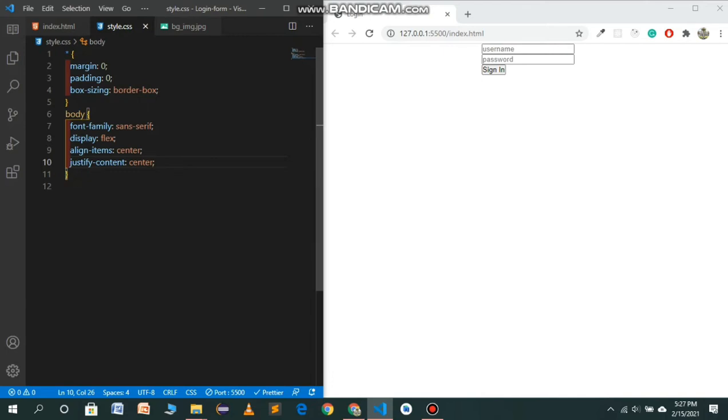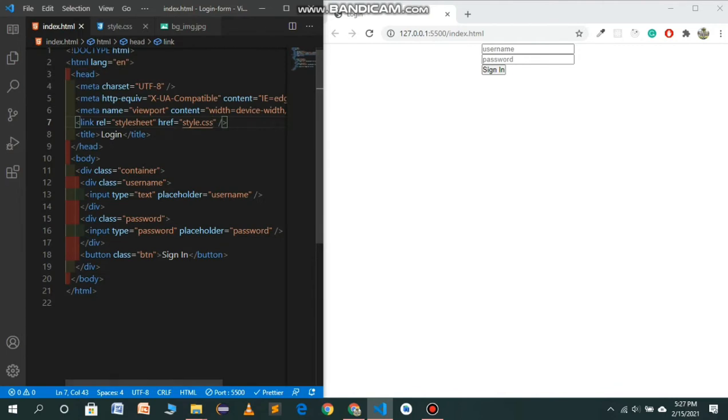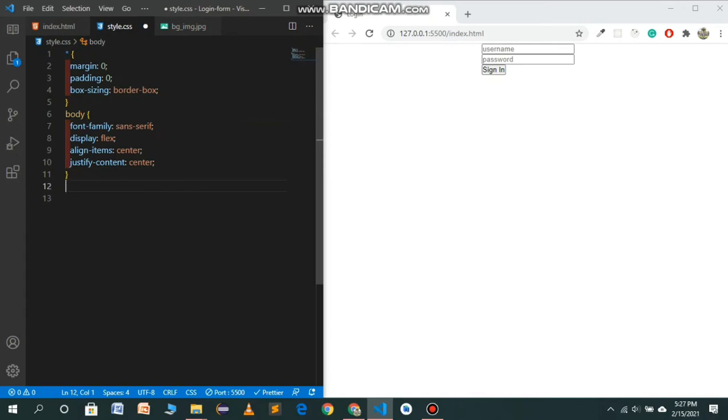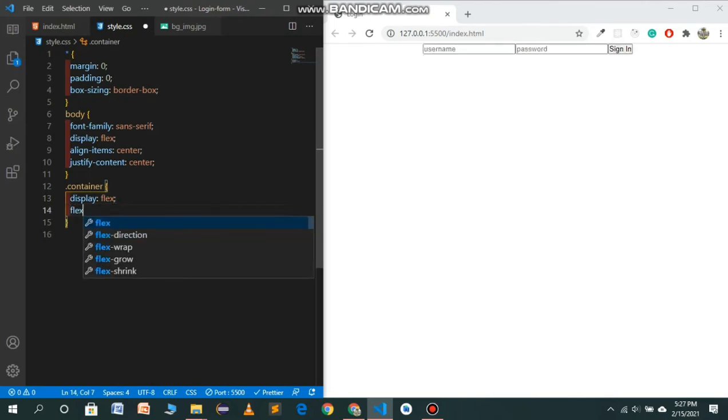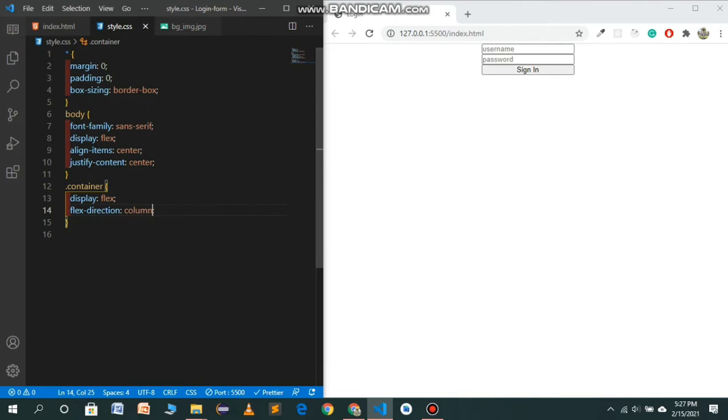Now I will target my container, the container that is containing our inputs and button. So target the container, use flexbox to align items, display flex, flex direction will be column, align items center, justify content center.